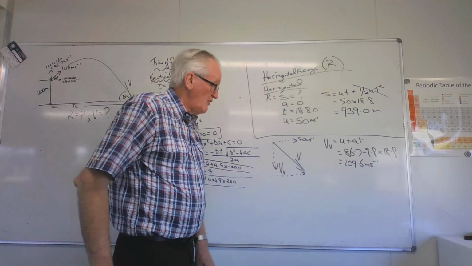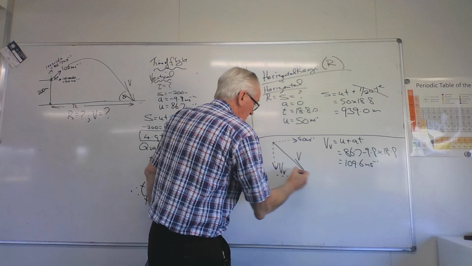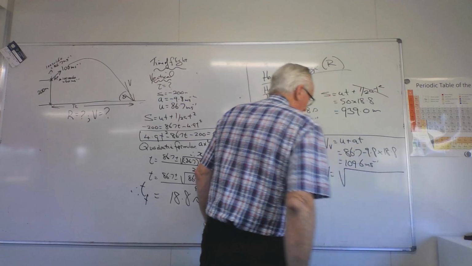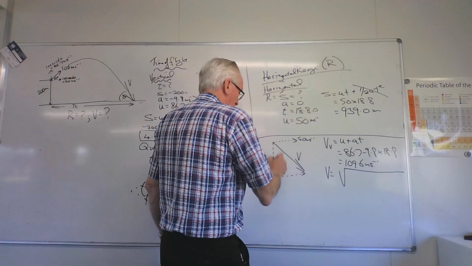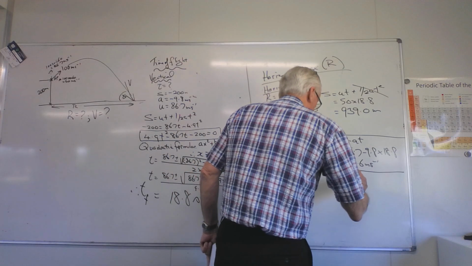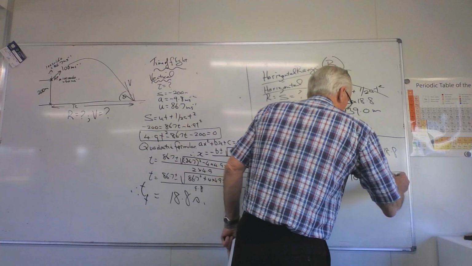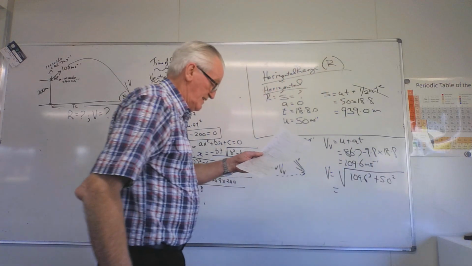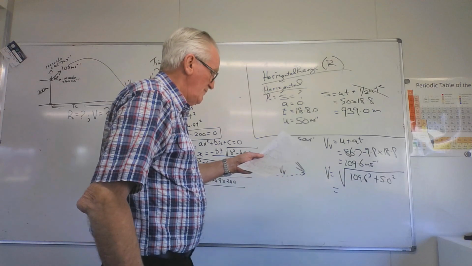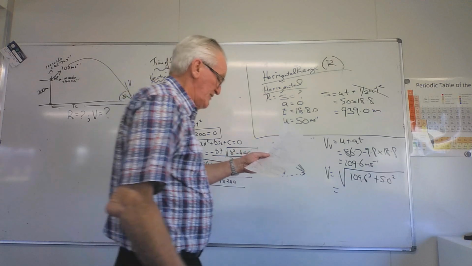Now we're going to solve that by Pythagoras. There's our hypotenuse, there's our two sides. So our V is going to be the square root, doing a couple of steps here in one. V squared equals V vertical squared plus V horizontal squared. That's horizontal. So it's actually 109.6 squared plus 50 squared, square root of that, and that comes out as